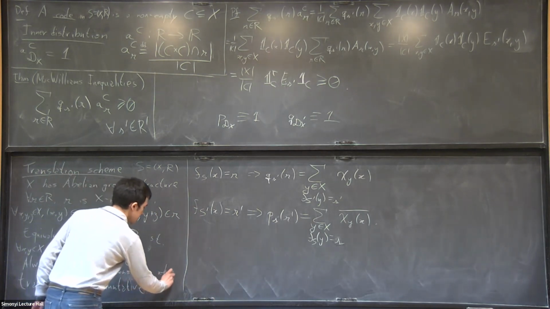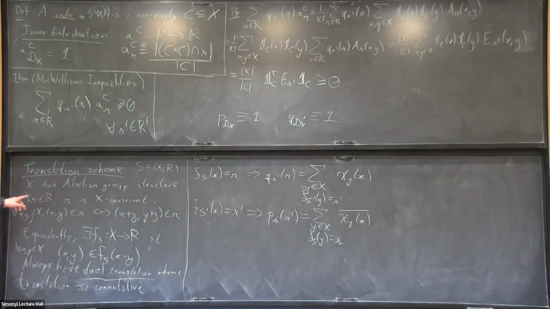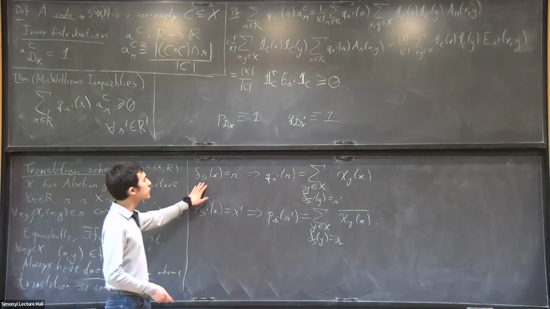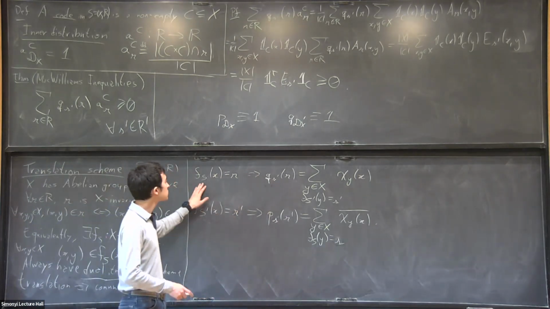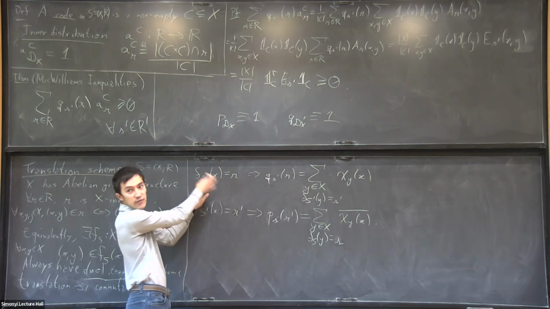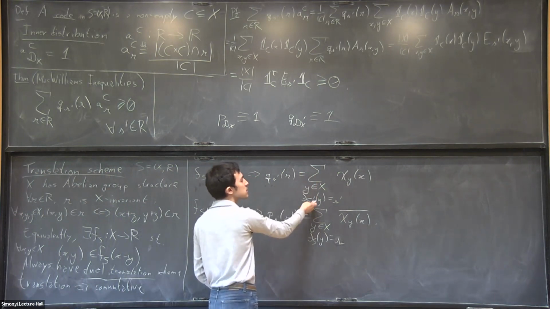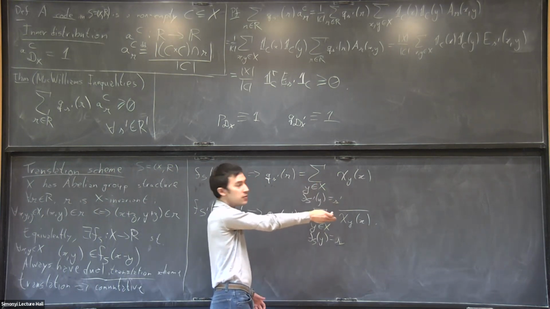So this is a fact, which I'm not proving, that if you give me a translation scheme, then it always has a dual scheme, and it's also a translation scheme over X. So it has a corresponding FS prime, through which the relations factor. So I'm saying that if you want to compute the Qs of your normal scheme, you take any guy on your scheme that has relation R, the FS is R, and you sum over all guys on the dual scheme that have relation S prime,